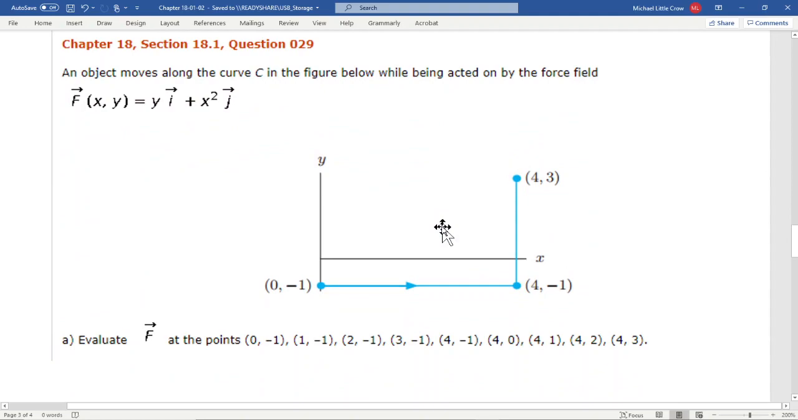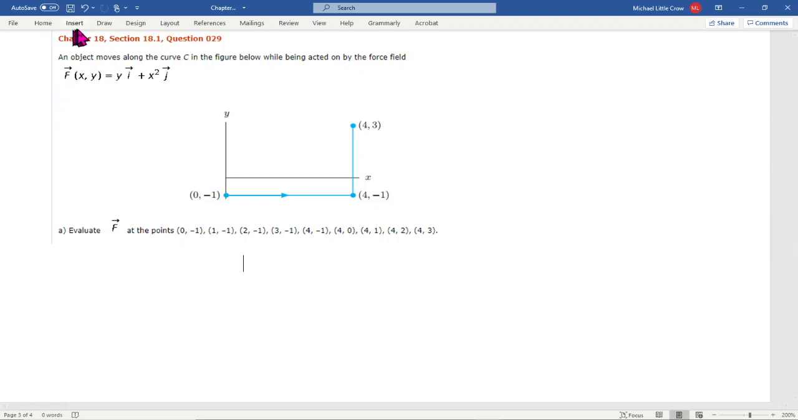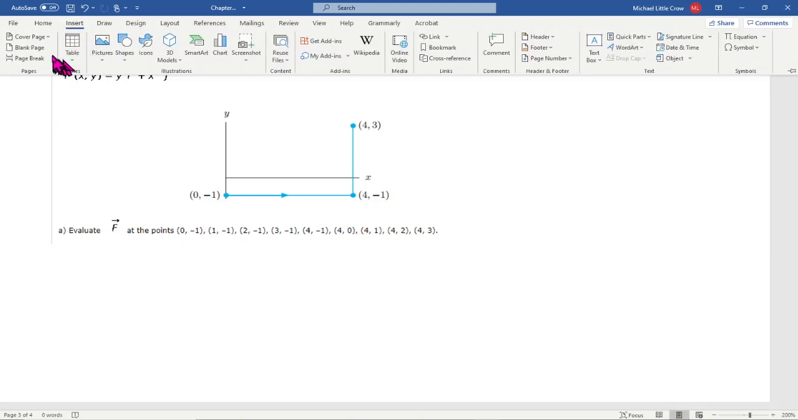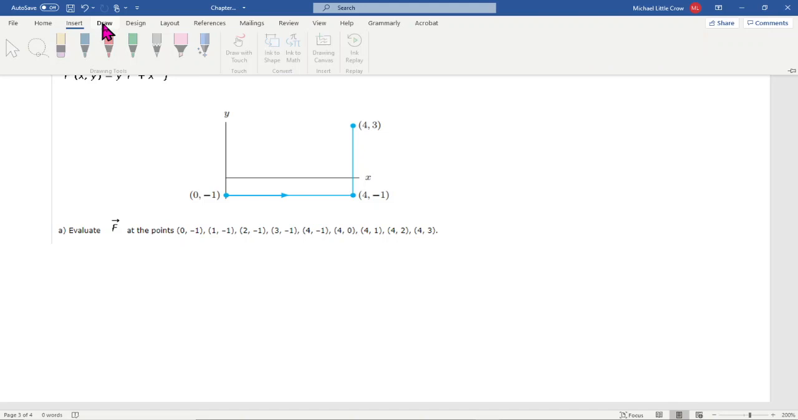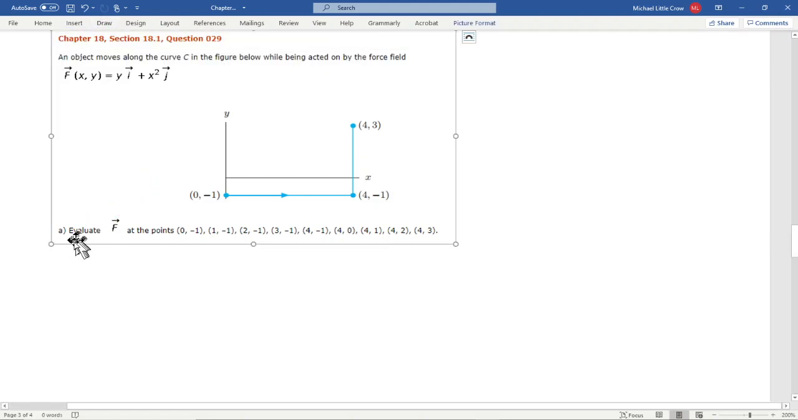Okay, so since we started this, maybe I'll make this a little bit smaller so we've got some room to write. So first of all, and I actually forgot to copy in the B part of the question, but I'll go ahead and do that. So the first part asks us to evaluate